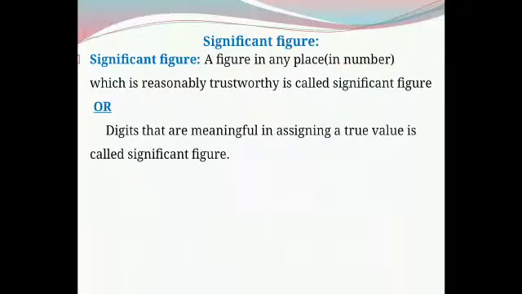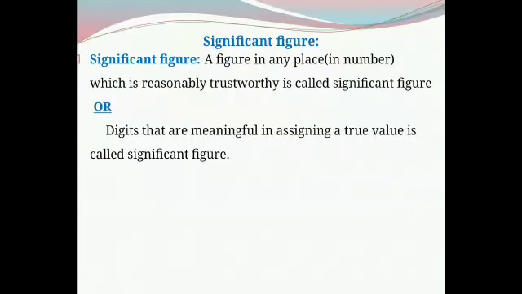As we know, there are different types of errors, and these errors can be minimized by taking a large number of readings and using a smaller least count instrument. In the last video, we studied the types of errors as instrumental error, systematic error, and random error. And these errors occur due to human limitations as well as due to environmental conditions.